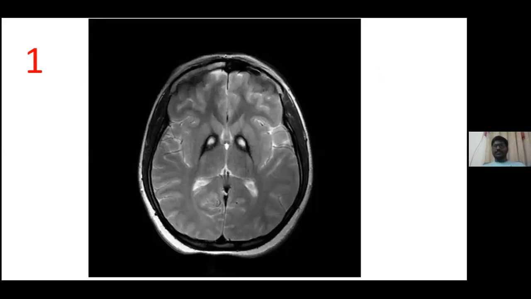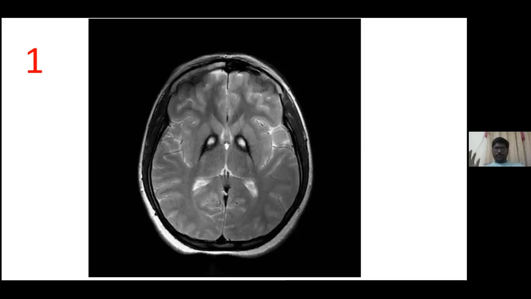First is the T1 sequence. Basically remember, T1 sequence shows the normal anatomy. That means in the cerebral cortex, there is an outer gray matter and the inner white matter. The T2 sequence shows the pathology. That is, outer gray matter appears white and the inner white matter appears gray. And next is the FLAIR sequence. FLAIR and T2 almost resemble each other. The only thing is, in the FLAIR sequence, that is fluid attenuated inversion recovery sequence, the fluid gets suppressed. And next is the diffusion weighted. Whenever there is a restriction, it appears bright, and ADC is quite opposite to the diffusion weighted imaging.